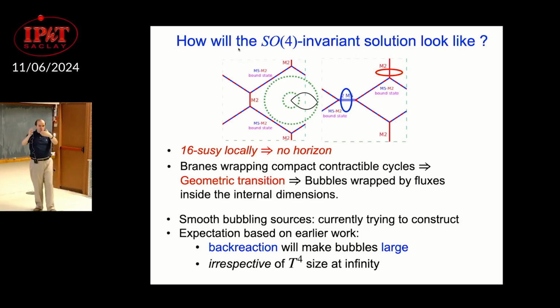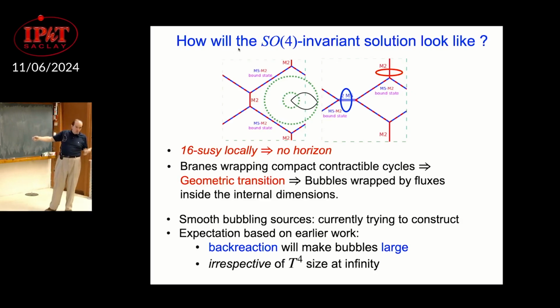So if I put my M5s and M2s in units of like 20, all the cycles will have size of order 20. So even if everything in the naive brane construction is crumpled up and small and tiny and so on, once you look at the full back reaction, this actually should become big. That's my expectation. But again, this is hopes. So that's why the paper is called hopes, because this is a hope. We're trying to build it right now, but I have a hope that the back reaction is going to make the bubble large, at least some of them. So the hope is that using this, I'll get at least N1 N5 NP over some number, over 20, of the entropy by doing this, which is much more than what we ever did. But that's again my hope.